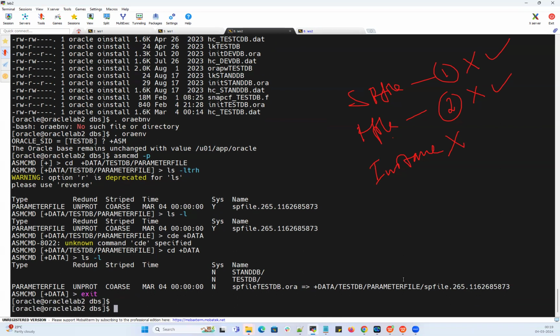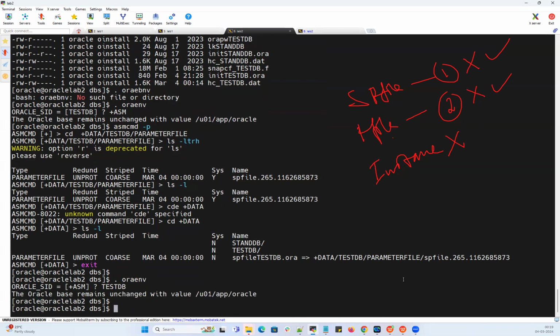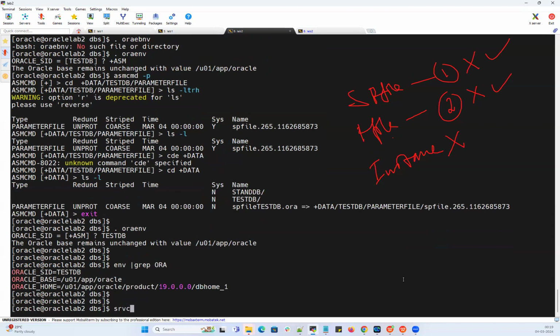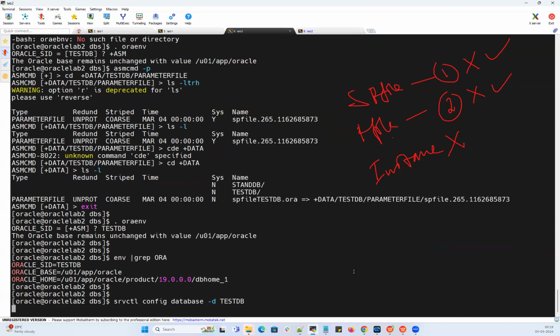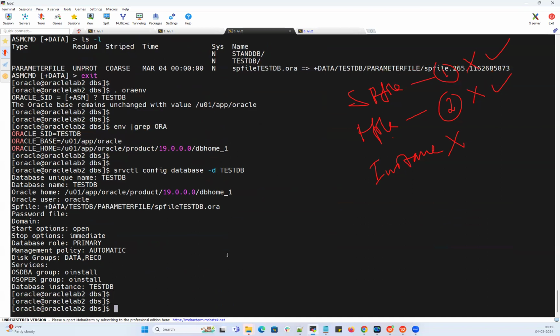So if I can come out of that quickly one more time, set my database environment to testdb, env | grep VORA. So srvctl config database -d testdb. It says my spfile is supposed to be at data testdb parameter file, spfile testdb.ora. So now I can quickly do srvctl stop database